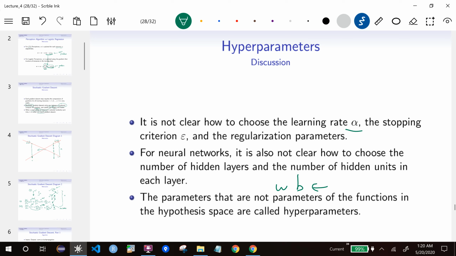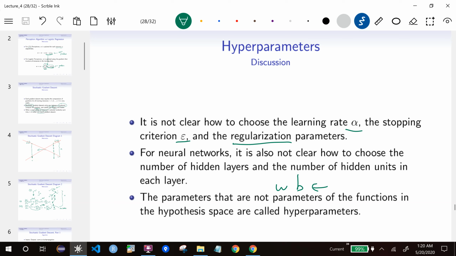For example, the learning rate, especially the initial learning rate, and the stopping rule, which means if the cost difference is smaller than a specific number, we will stop. And we could change that as well. So these are actually easy to choose. You can just try different ones and see which one works. And so is the regularization parameter. If it's supposed to have an intended number of 0 weights, then you can just change the regularization parameter and try